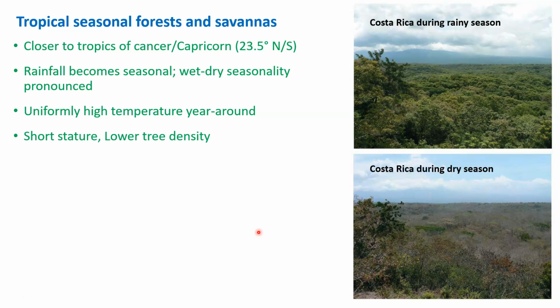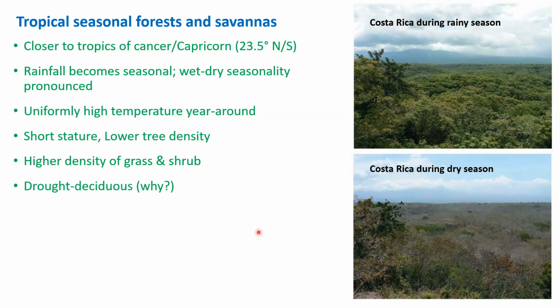Because of the seasonality of rainfall, the vegetation doesn't grow tall and thick and high like you observe in the tropical rainforests. So still the tree density could be quite high, and trees usually exist as scrubs. The density of the grasses and scrubs is even higher than that of the trees. Actually, trees can occur, right? Trees are not absent, but they are sparse. They are here and there, right? They could be sparsely distributed, speckled across the landscape. What fills in the gap between trees are actually shrubs and grasses.